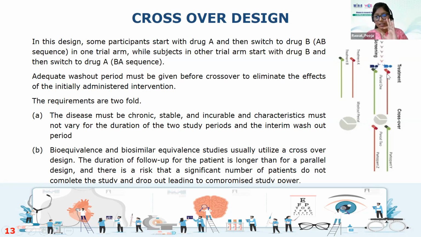You can see the red line over here and a green line. These are the two parallel arms going on. After screening, you send half of the patients to the red arm and half to the green arm, giving them the red drug and the green drug. Over a certain period of time, the frequency, dose, and formulation will be the same. You note down the symptoms, right? And after completion of the study, exactly 6 months from the start of the dose,